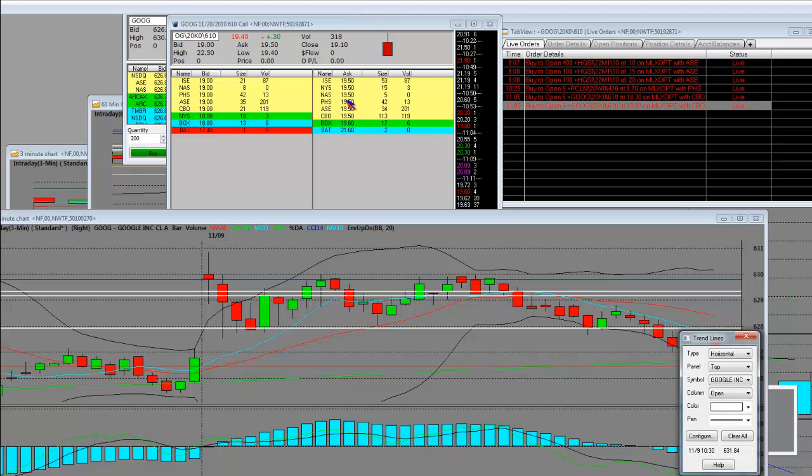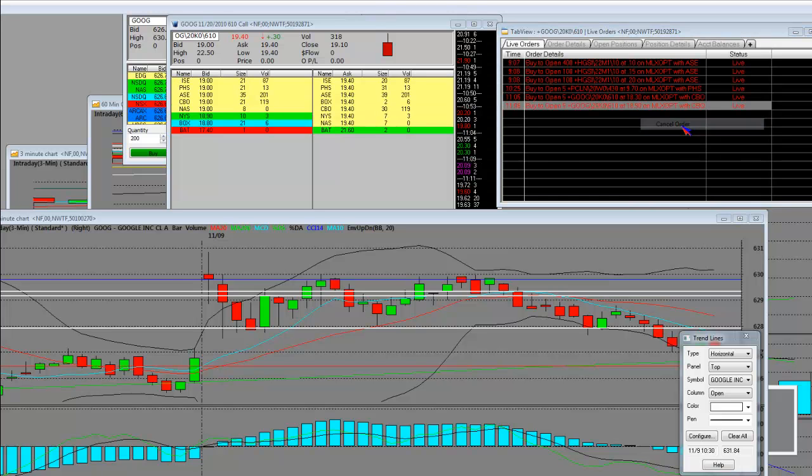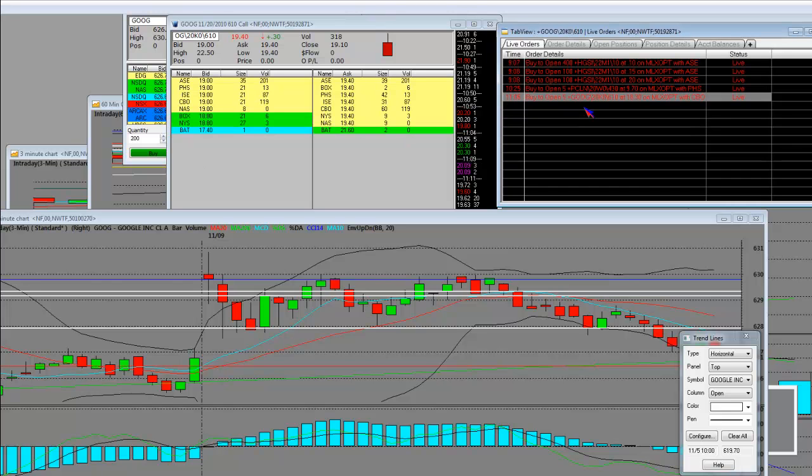But you know what? We can get rid of this one. Not cancel all orders. Let's see if we can play around with the market maker a little bit in the market. So cancel order on that one. Cancel. Let's confirm the cancel. Okay, so we got the bid at 1830. Let's go ahead based on